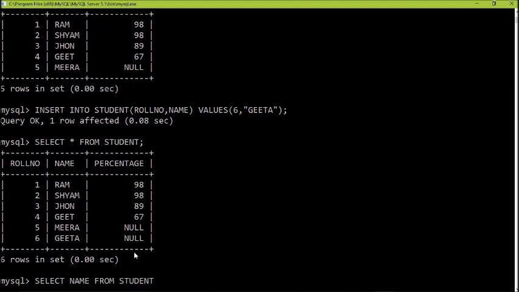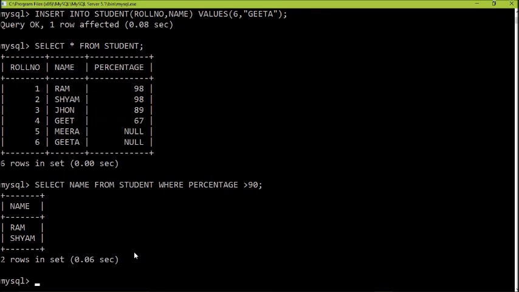Select name from student where percentage is greater than, I must say, 90. Select name from student where percentage is greater than 90. You got the answer, Ram and Sham. I hope it is clear. So this way you can put a condition.